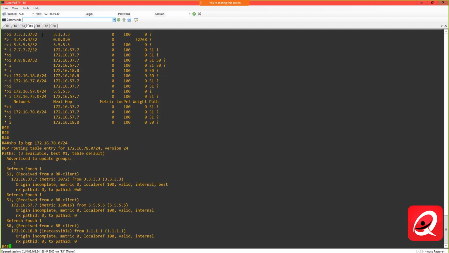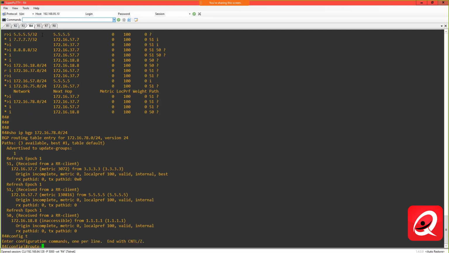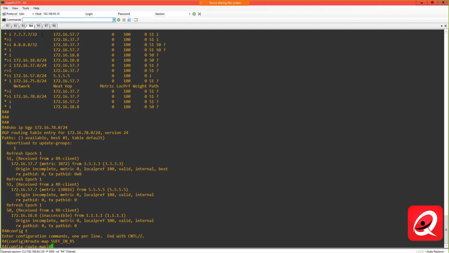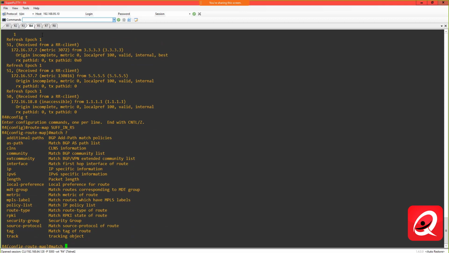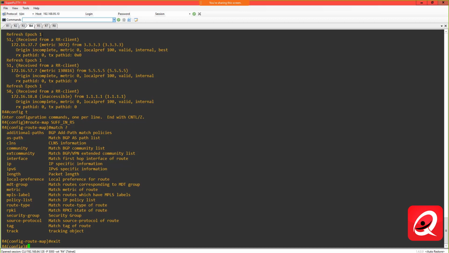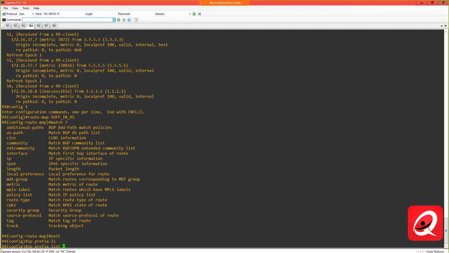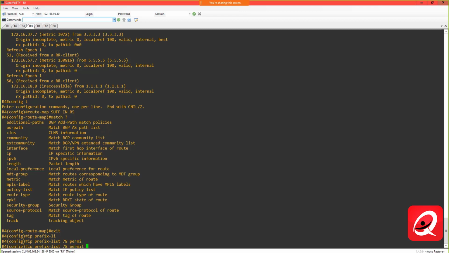All right, so let's go ahead and change this. We're going to go config T, route-map, and let's just call it stuff_in_R5. And we can do a whole bunch of different match conditions. We can match on local preference, we can match on metric, we can match on the route type, AS path, etc. In our particular case, we're actually going to match on a prefix list. So I guess I should go ahead and create that prefix list first. IP prefix-list, and we'll just call it 78, and we're going to permit